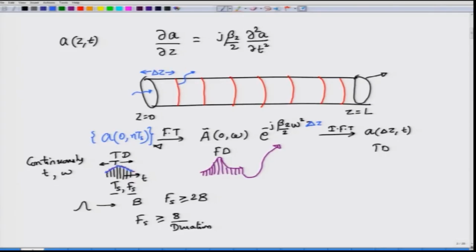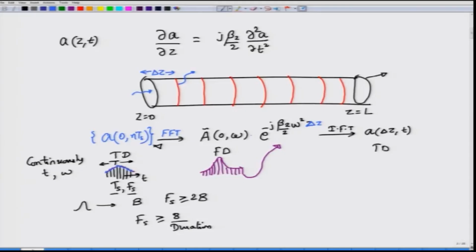Now, this array is stored in a computer and ready for Fourier transform, but on a computer I cannot take a Fourier transform which will result in a continuous frequency. I have to replace this continuous Fourier transform by a discrete Fourier transform, and I can do the discrete Fourier transform numerically efficiently by taking what is called the FFT. FFT is fast Fourier transform,